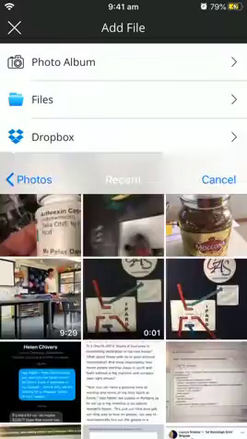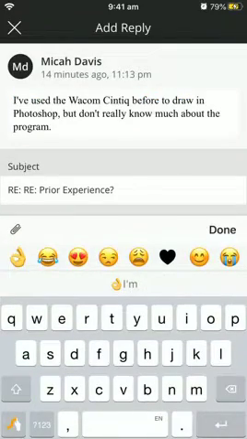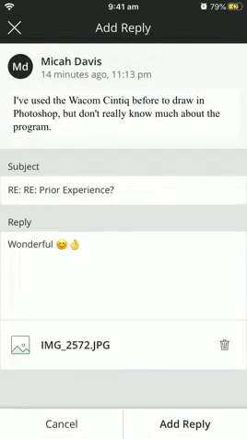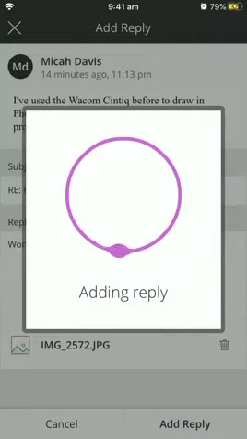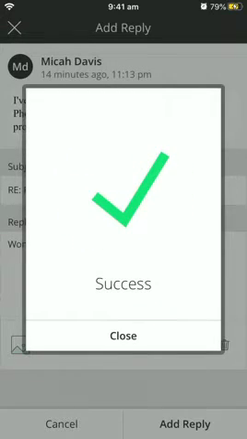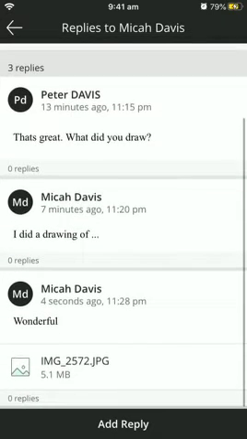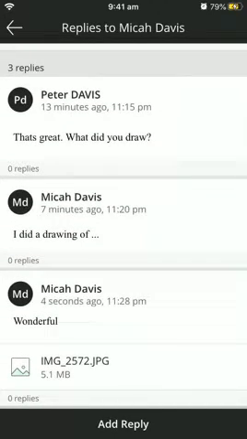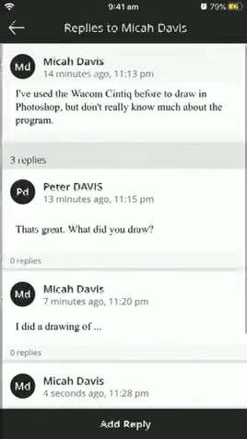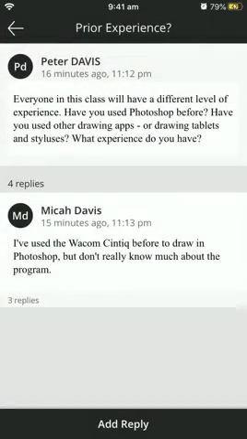Okay, and I'm just going to quickly go in here and add one of these photos. Done. Okay, and it's added there, and we click on the bottom, add reply. Now it's taking a little bit longer to add this reply because there's actually a photo being added as well. But there we've got success. We'll close that, and the teacher can go in later and see that picture you've added and can read all the different responses. Okay, and we go back again,